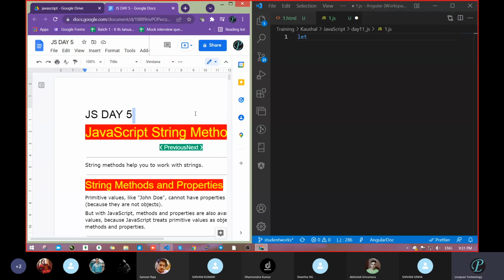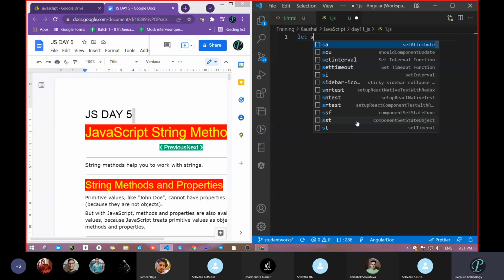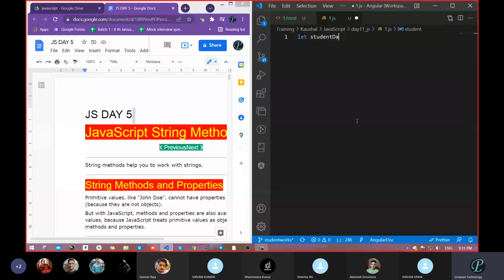Okay, so we're going to create one variable, first a string, and then we will calculate. So how to create the variable? Let student data equal to, we will pass the value. Fine. Let's calculate something. This is my pen. We wrote something. Save.